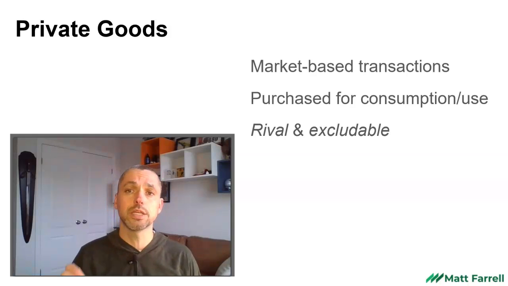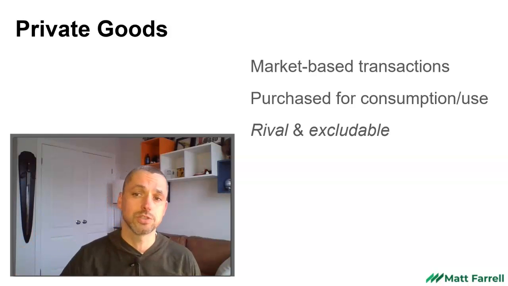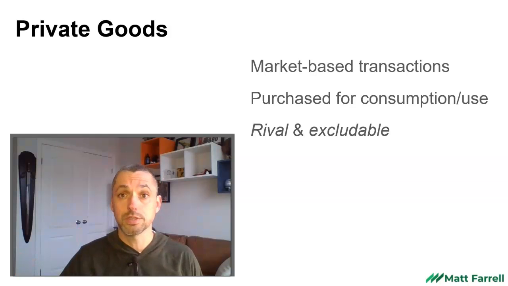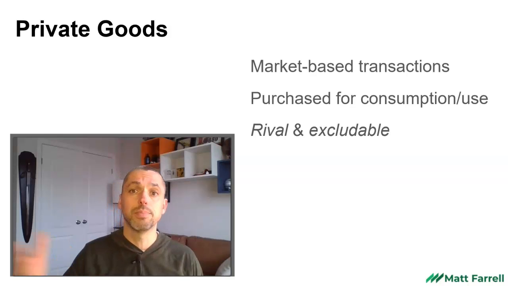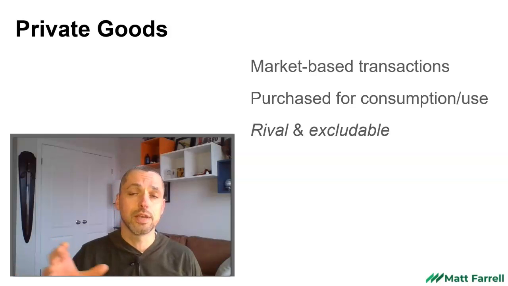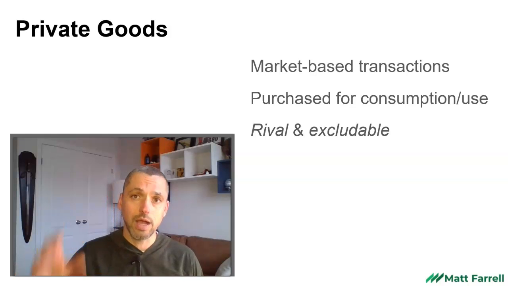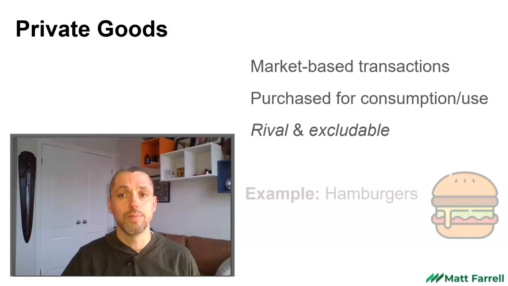Private goods are typically consumed in market-based transactions. A private company, for example, might offer to sell something to consumers. They can purchase that to use it or to eat it, as the case may be. Rival and excludable. You need money to buy it, excludable. Once one person buys something, it's not there for the next person to buy it. If I go into a store and buy the last bottle of scotch, it is no longer there for the next person. That is a rival.